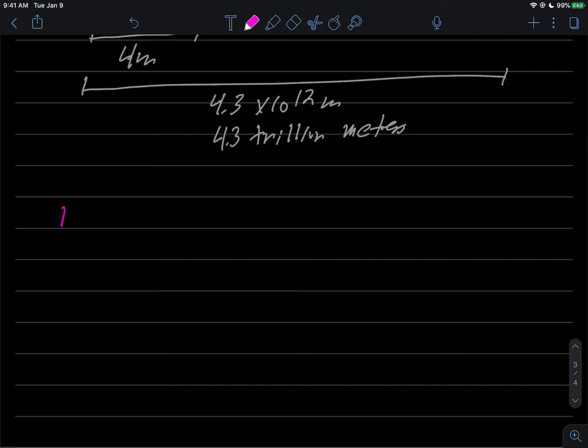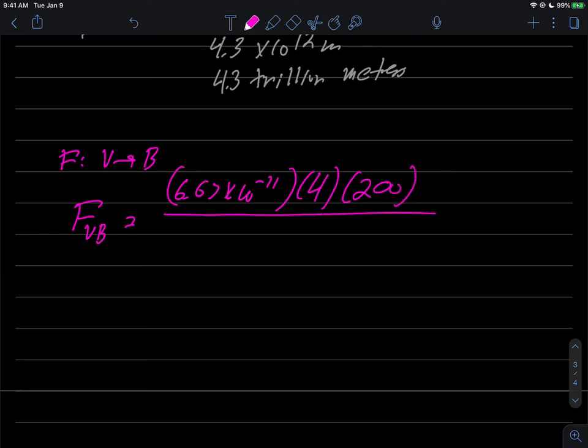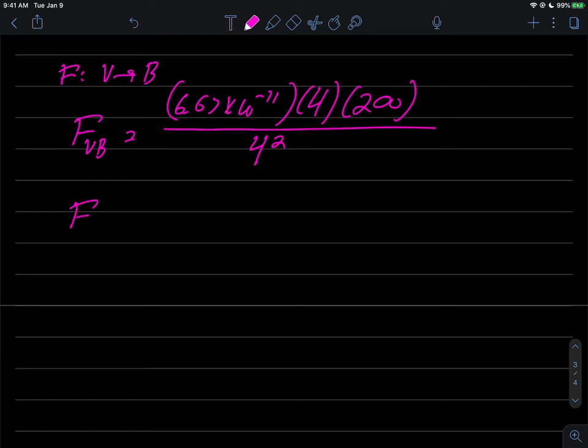The first one that I'll calculate here is the force of, let's say, the ventilator on the baby. Let's just see how strong the ventilator's pull is on the baby. And I'll just sort of call that force of ventilator baby. And so we'll just start plugging numbers. G is 6.67 times 10 to the minus 11. Okay. The baby's mass is the 4 kilograms. And of course, the ventilator is 200 kilograms. And as I said, they're 4 meters apart, so that'll be a 4 squared right there. Because remember, it's an inverse squared law, so we have to put a squared in there. So what that means then is the force of the ventilator on the baby is something like